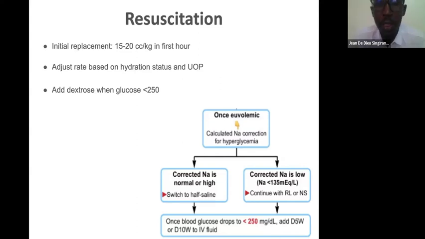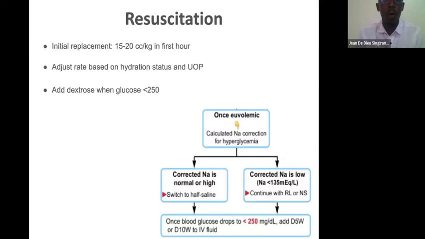To do it is simple. The first thing you have to do when a patient is in DKA and you want to give fluid is to place 2 large bore IV lines. After placing 2 large bore IV lines, you start to give fluid. If you are not able to place large bore IV lines, you can place a central line, but a central line is not mandatory while treating a patient with DKA. And after that, you assess the degree of dehydration. If the patient